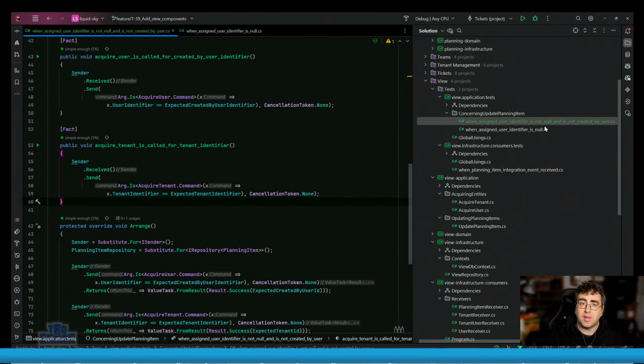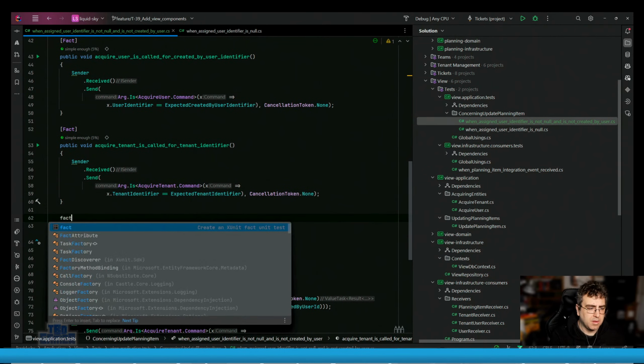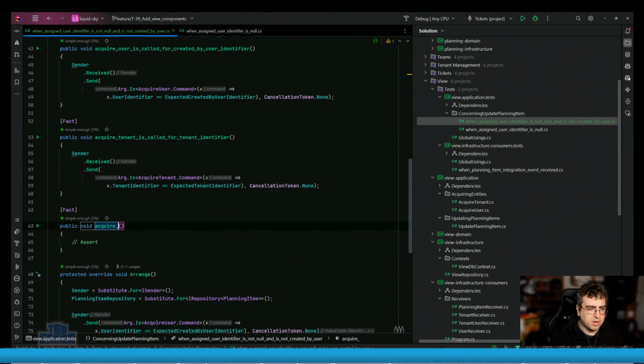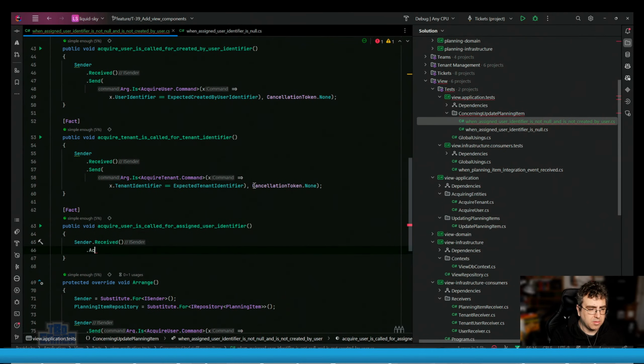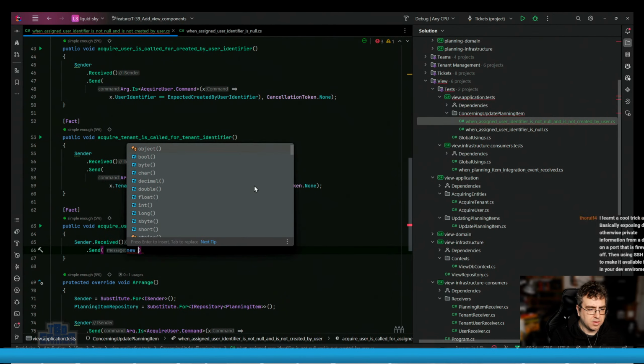In the case where they are the same, then I want to validate that I don't call acquire again on a user because I've already got that user. So acquire user is called for assigned user identifier. Right, so sender dot received dot acquire dot send new